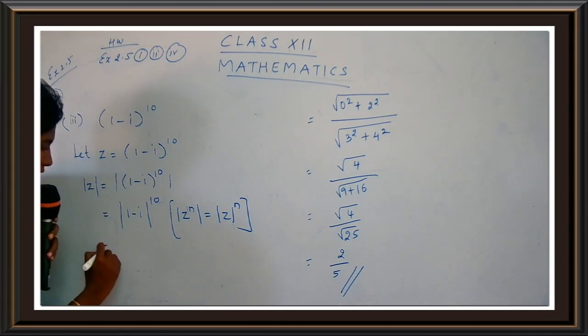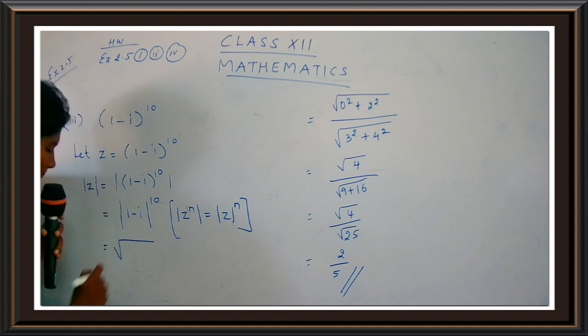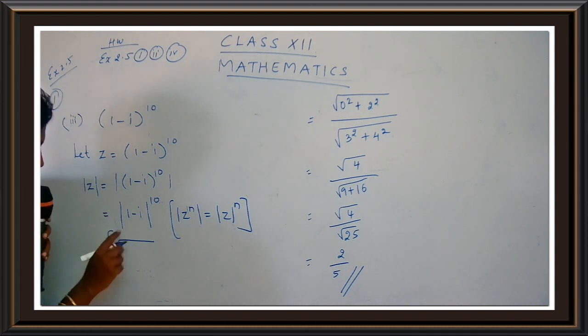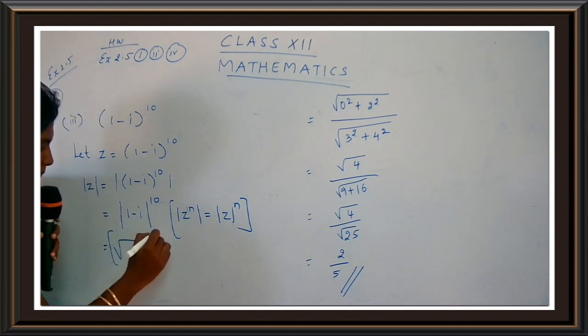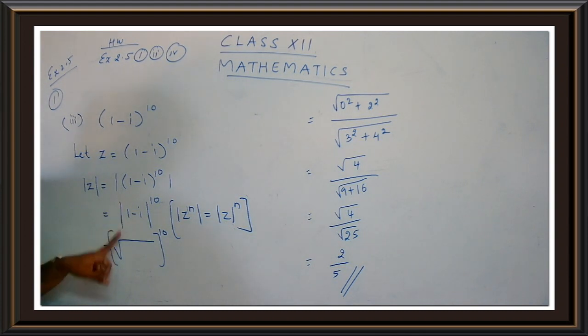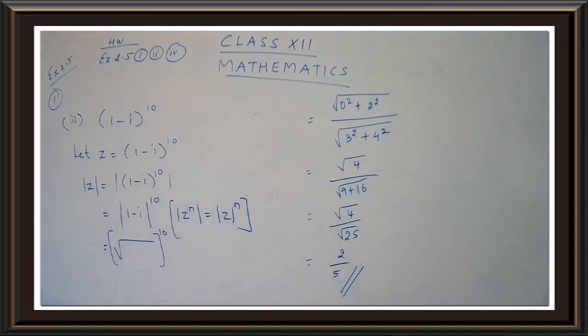So this is, you just put a bracket because we have the power 10 here. Okay, children? So write down the answer for this. Modulus of (1 minus i) the whole raised to 10. The 10 is there. Do not remove the 10. You have to keep the 10 over there. Okay. So what is the real part here? 1. That means x is 1. And what is y here? It's minus 1. I told you, you have to consider the sign also.